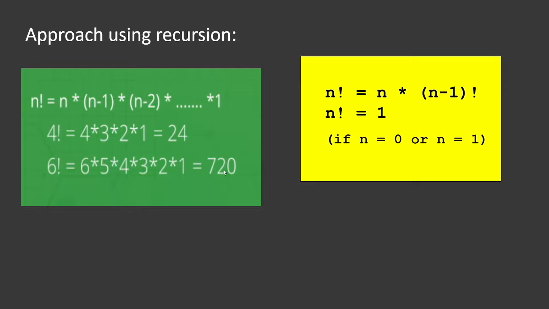Now we will see the recursive approach for the calculation of factorial. So n factorial can be written as n into n minus 1 factorial. This is the recursive approach. Why can we write n minus 1 factorial here? Because all the terms such as n minus 2, n minus 3, n minus 4 up to 1 are all included in n minus 1 factorial. In this way we can write the formula for n factorial. And if we take the examples of n equal to 0 and n equal to 1, then n factorial will be equal to 1.